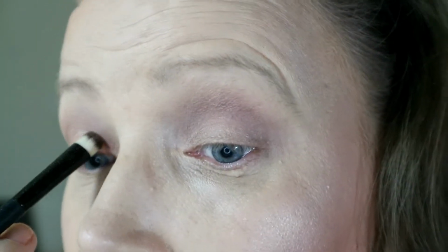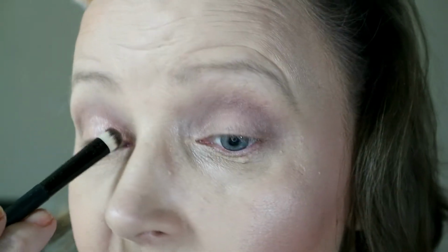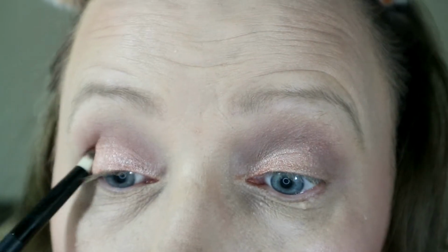And obviously, because I'm over a certain age, you are going to get wrinkles, guys. So just try and sort of pack on once you've got the base one, like I did with it. And in fact, I'm going to take this all over my lid, which is something I don't do that often. I'm normally there 15 colours later, but I think with this